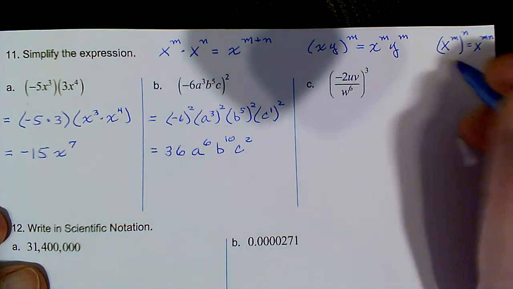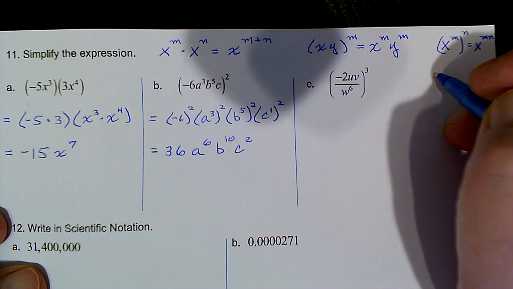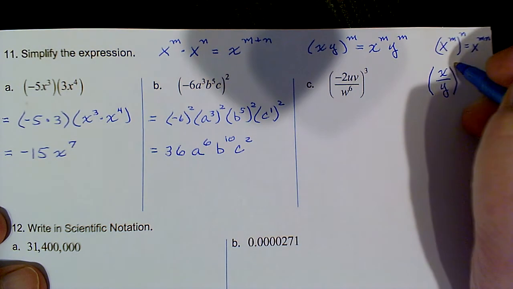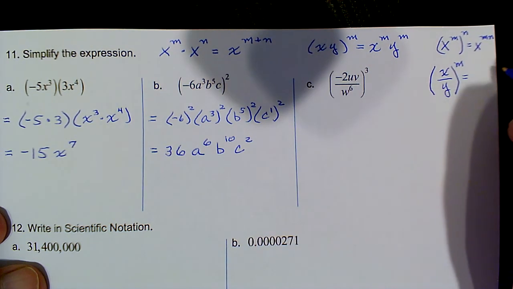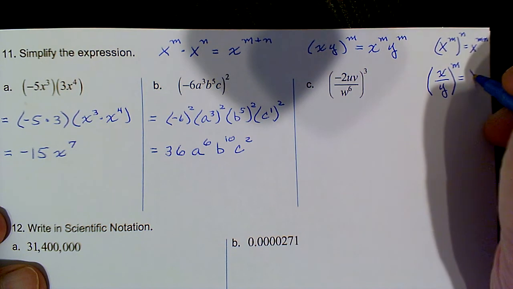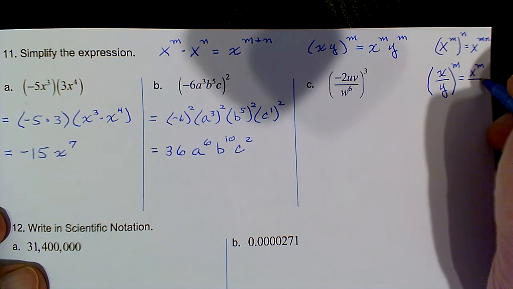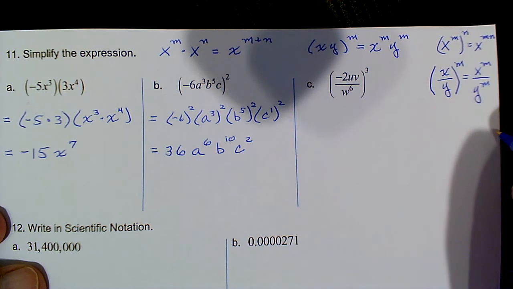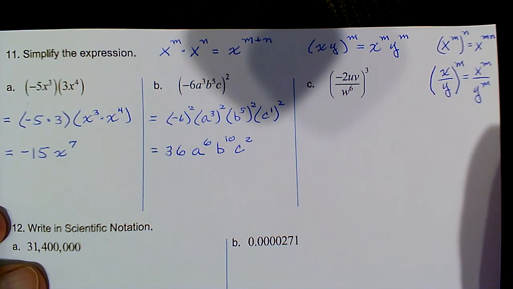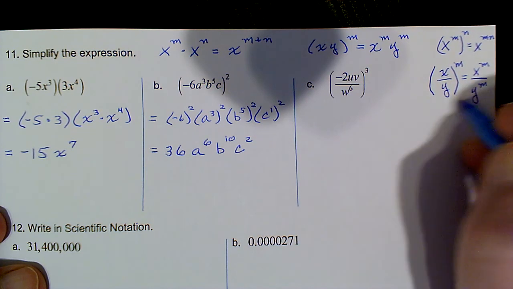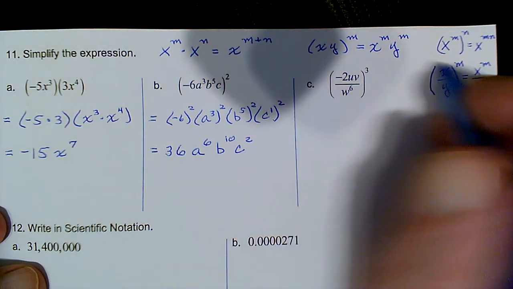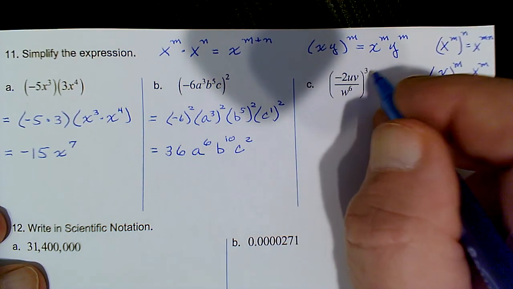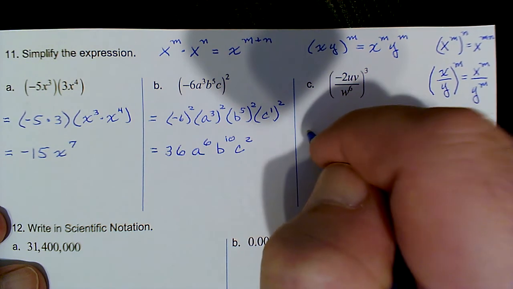And then part C uses the properties we've already talked about, as well as the power of a quotient rule. If you take a quotient, raise it to a power, so let's say x over y is a quantity to the nth, we raise the numerator to that power, so x to the nth, and we raise the denominator to that power, so y to the nth, and we keep it as a fraction. So combining the power of a quotient and power of a product rule, basically everything that's in parentheses gets raised to this power. And so if you want to show that literally,